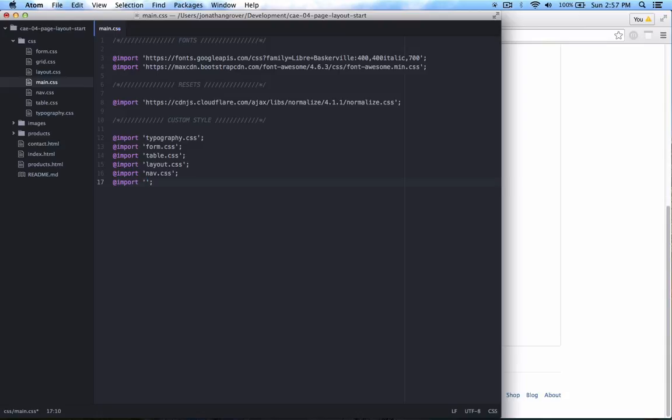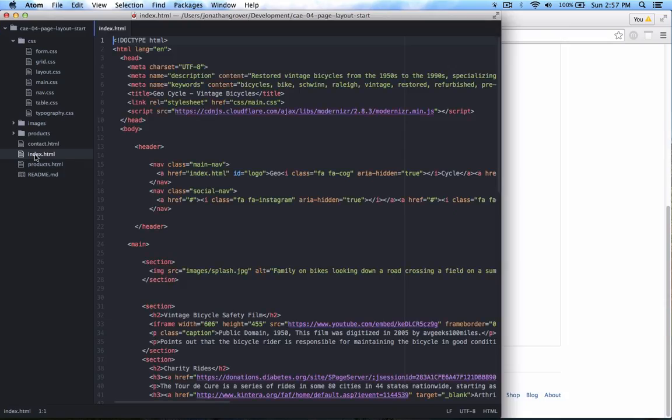And here we'll set it to import grid.css. So make sure you save the main.css file as well. Next, let's open up the index.html page. Now there's no one single strategy for creating page layout,